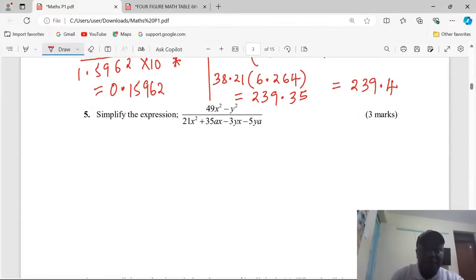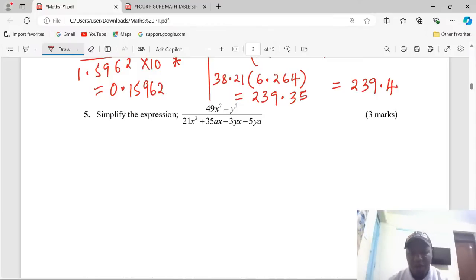Let's look at number 5. Simplify the expression 49x squared minus y squared divided by 21x squared plus 35x minus 3yx minus